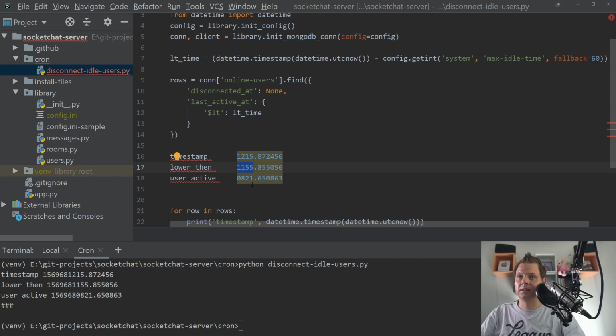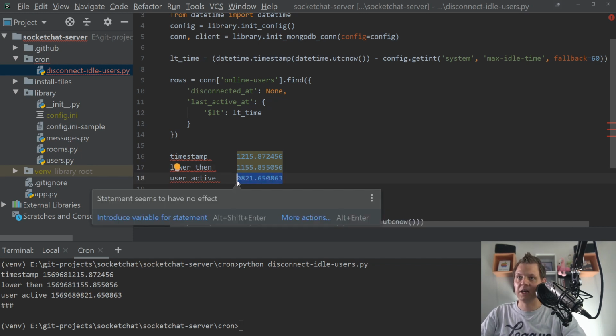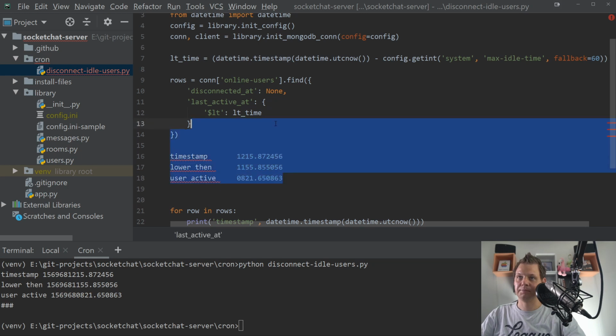And based on the 60 seconds, we ask which user has the last activity time lower than this. That means the user hasn't been active in 60 seconds. And we expect we have some connection troubles, something on the servers having a mistake and something like that. So right now we want to disconnect this user. Okay, you understand? Else you can make comments in the comment fields below, and I'll try to explain it